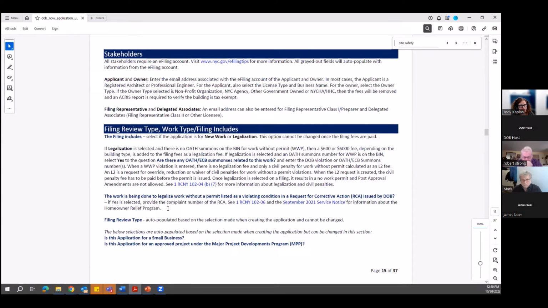And so if you select yes to this, then they provide the complaint number. And it's important that it's hooked together because in order for them to resolve the RCA and not get the work without permit actual violation, they have to prove that they resolved it. So if you need more information, this was also a rule and there was a service notice about the program itself, but there is a question in the application to indicate that. So when you are in a filing